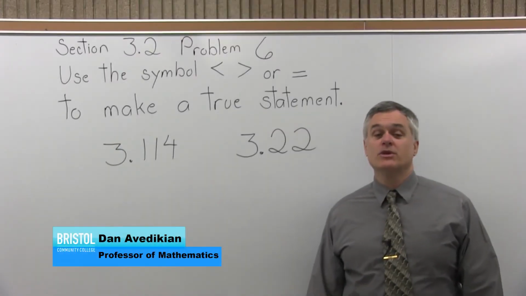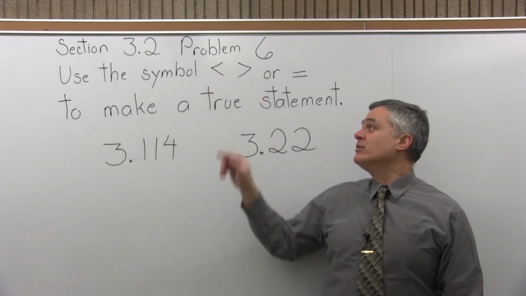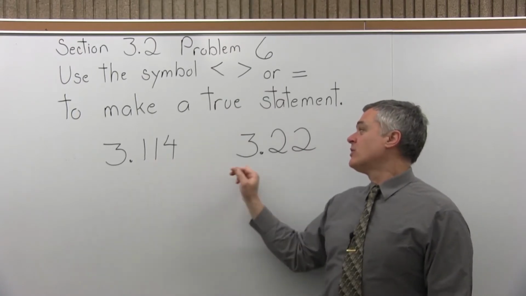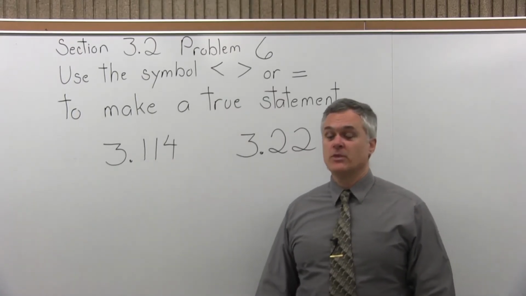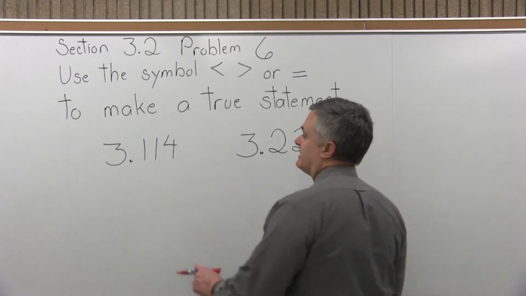This is Section 3.2, Problem 6. It says use the symbol less than, greater than, or equal to make a true statement, and we're comparing two numbers, 3.114 and 3.22. Well, the way you want to determine which one is bigger is you want to go